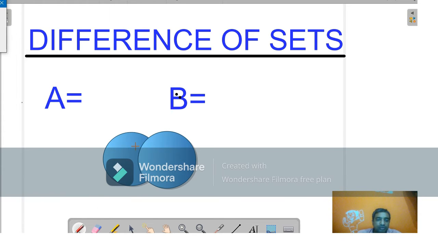So the part which remains, only this part, gives A minus B. This part gives A minus B. Also, if this is A and this is B, only this part is A minus B. It means we can say this part is only A. The part or the place which belongs to A is called A minus B, or we can say it this way also: the part which belongs to A but not B is A minus B. Right? Let us see the definition.